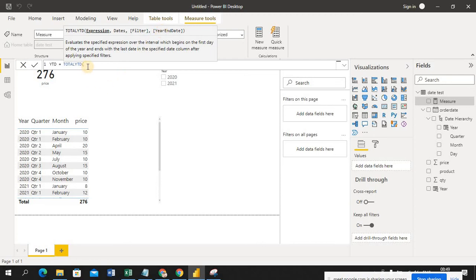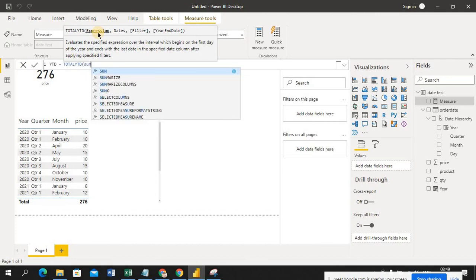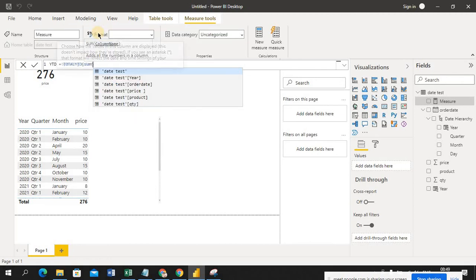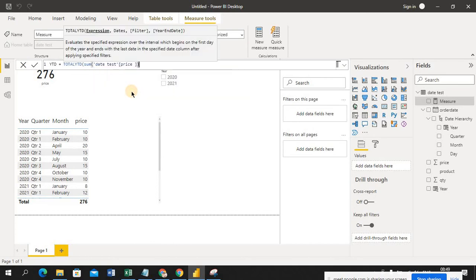So the expression is sum of price, what expression you are going to do on this price column. Now close. You can see the expression is done.